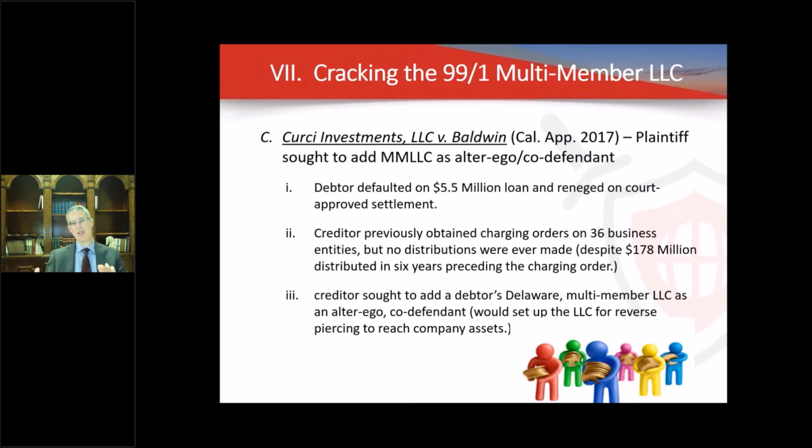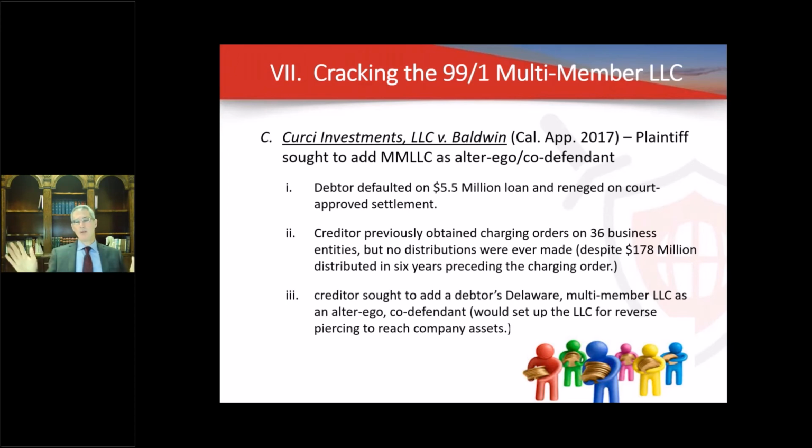I'm simplifying, but that was kind of the line of cases. And then Corchi comes in, creates this huge corporate structure for the family with, I think it was like a few $100 million, and then kind of decides not to pay a debtor, like a really bad faith kind of thing. The debtor sues, gets the charging liens,